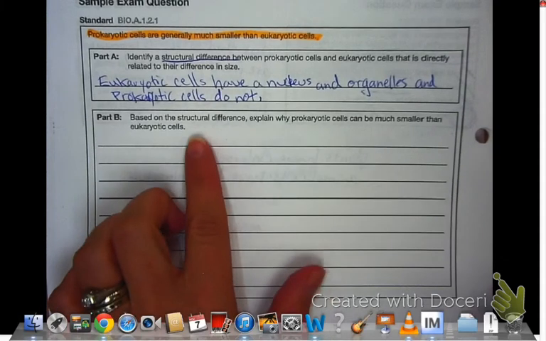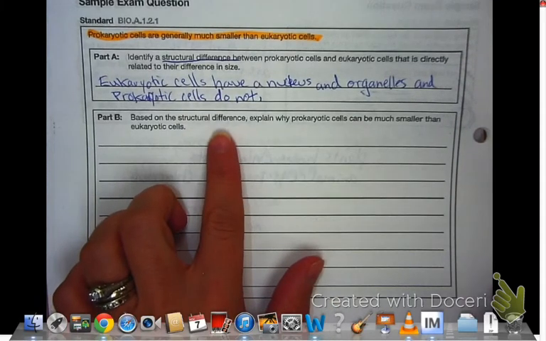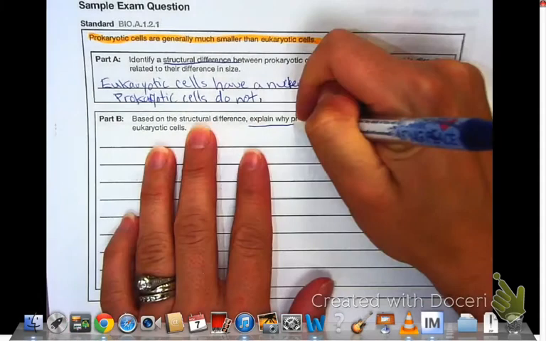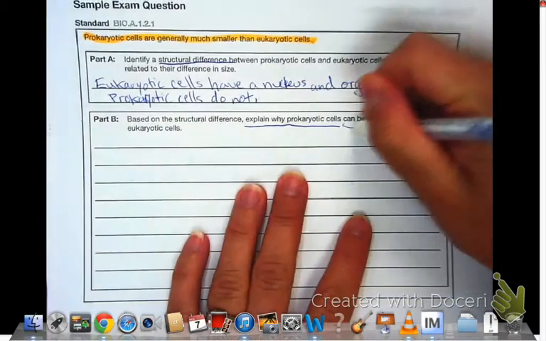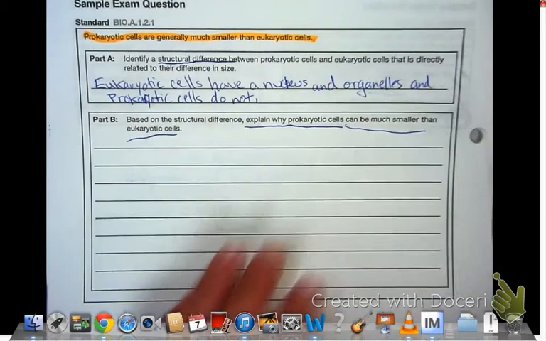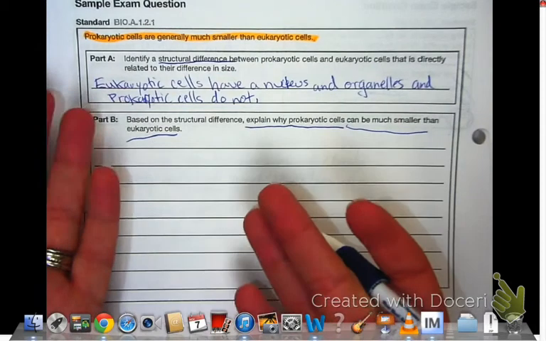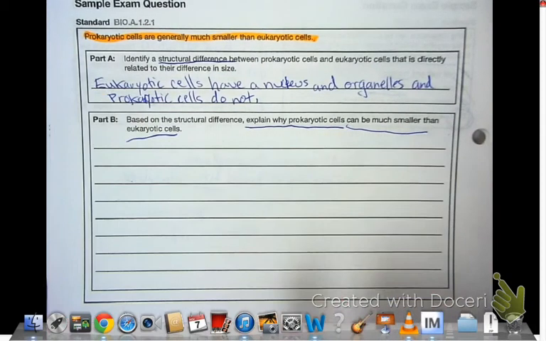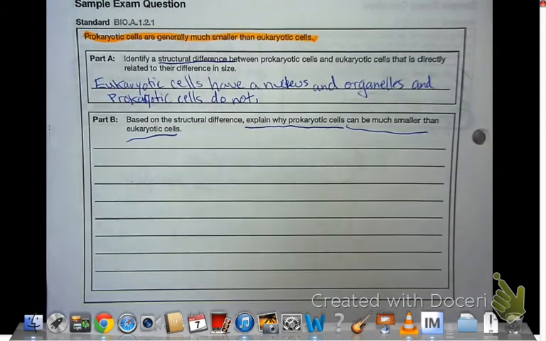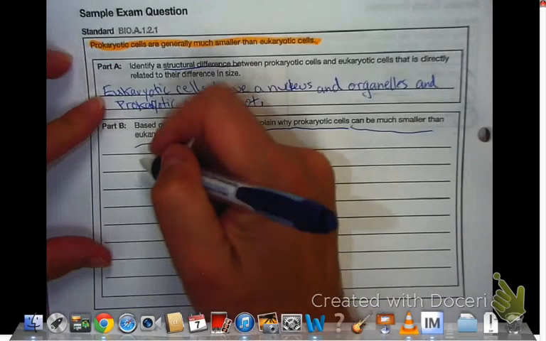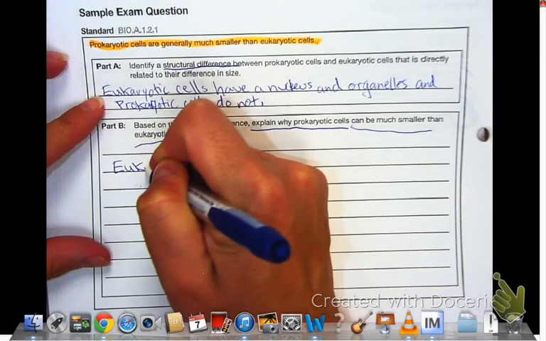Part B says, based on the structural difference, explain why. So now we're looking at why prokaryotic cells can be much smaller than eukaryotic cells. Well, if you have more things in a eukaryotic cell than you do in a prokaryotic cell, it should be common sense to you that the more stuff you have, the bigger the space has to be, right? If you want to put away 16 books into a bin as opposed to 3, which bin has to be bigger? So all we have to say is that